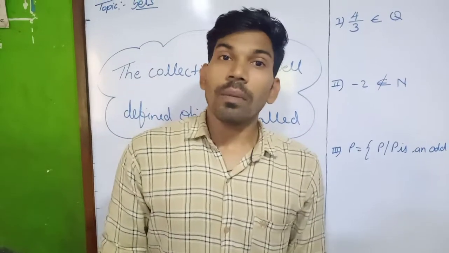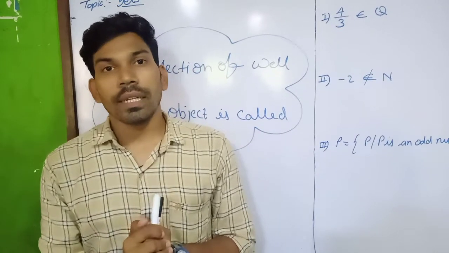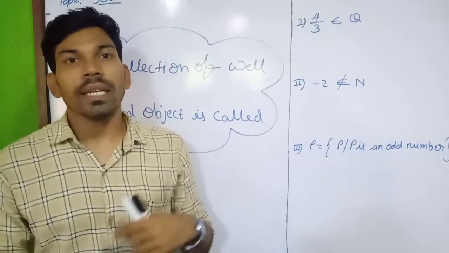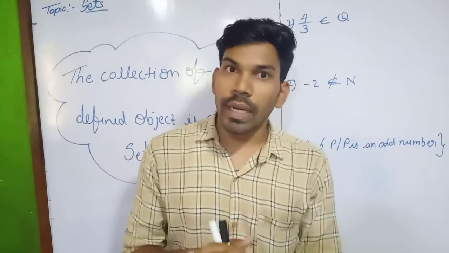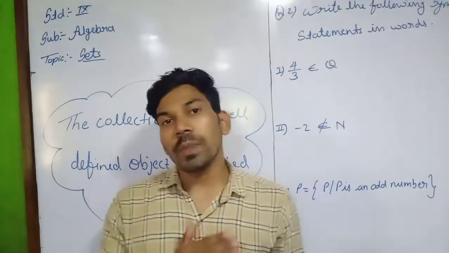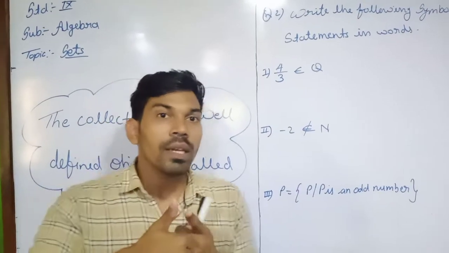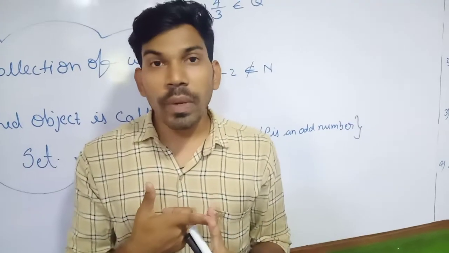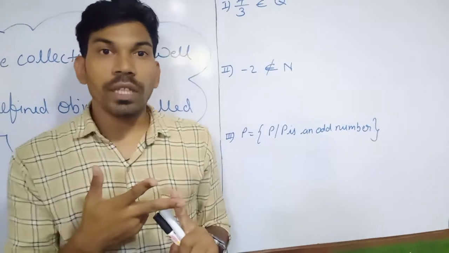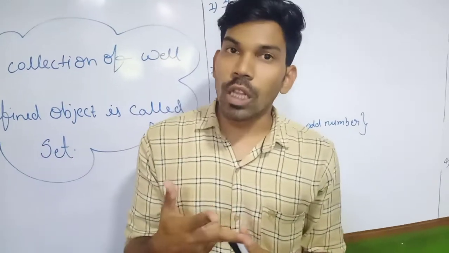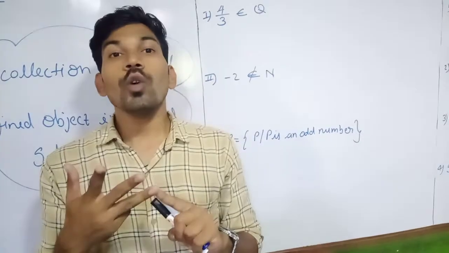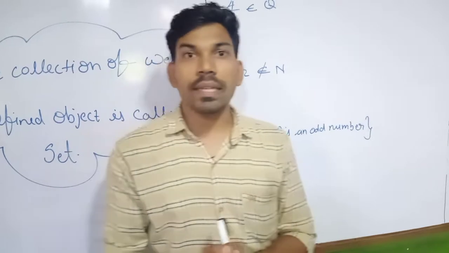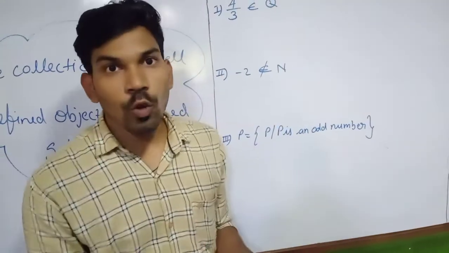Now we learn about the types of sets, how we are going to write the set. The first type we learned is the roster method or the listing method. In that we learn how we are going to write the set. We learned a few specific rules for that. The first one was we have to use a capital letter to write the name of the set. We use curly brackets. We write the elements within the curly brackets and separate all the elements by commas. No element should be repeated. By following these rules we have to write the set in the listing method, or we can say the roster method.